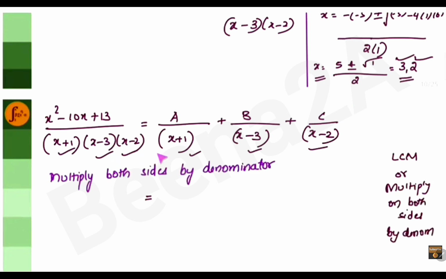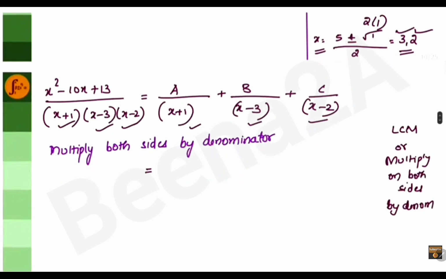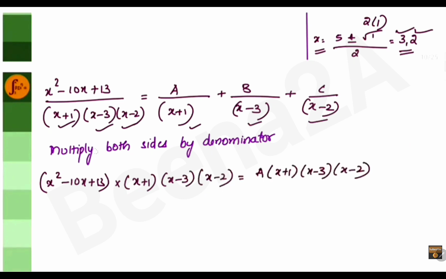If I multiply both the sides by the denominator, that is x square minus 10x plus 13 into x plus 1, x minus 3, x minus 2. So I'll multiply both the sides with the denominator terms. So I'll get this, divided by x plus 1, then plus b by x minus 3 into all the denominator terms,